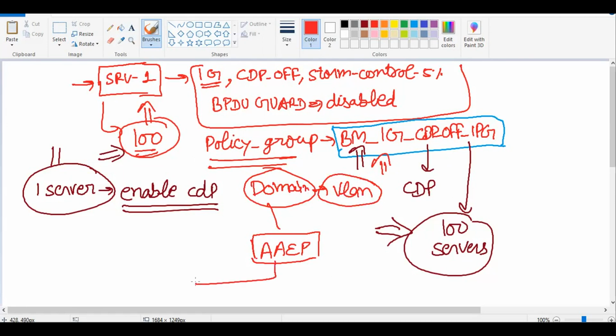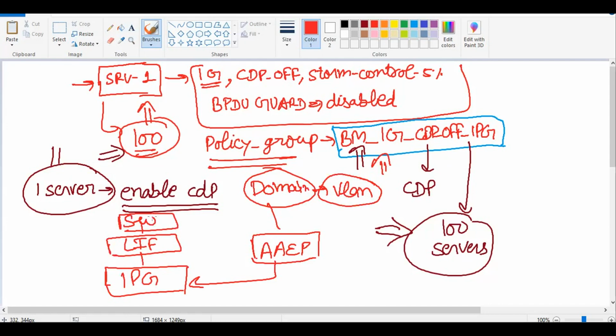And the other leg of the AAEP is connected to the interface policy group, which is connected to the leaf interface profile or the interface, and finally it is connected to the actual switch, right? So if we remove this IPG to apply the new interface policy group, then you can see that your server will be disconnected from the domain, your EPGs and your VLAN. So ultimately your server will be disconnected.